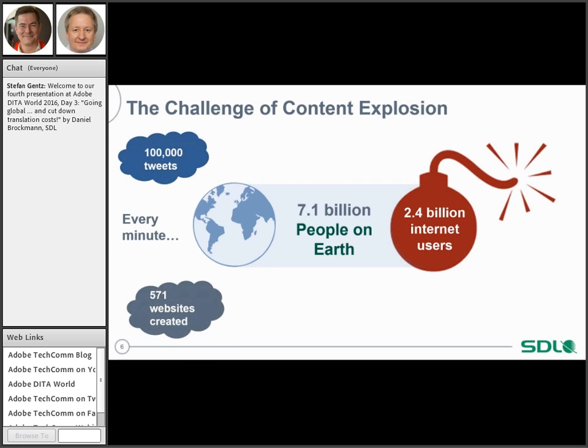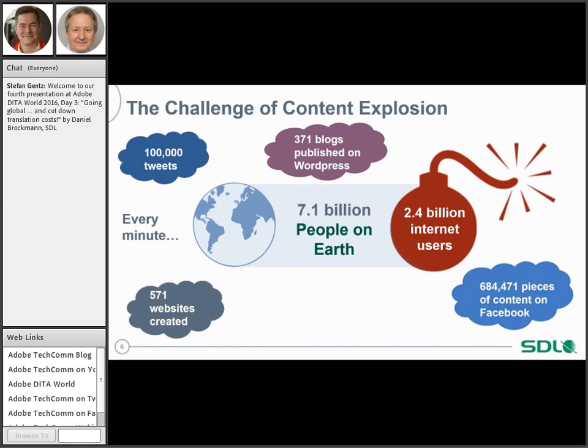So if we take a look at some numbers, every minute we see 100,000 tweets, 571 websites are created. Let's just imagine that a few of them need to be localized and translated. This already creates a challenge in itself. Blogs are published on WordPress. Lots and lots of pieces of content are put on Facebook, and so on and so forth. So this means at the end of the day, well, I don't even know how to pronounce that number in English, quintillion probably, bytes are created every single day,